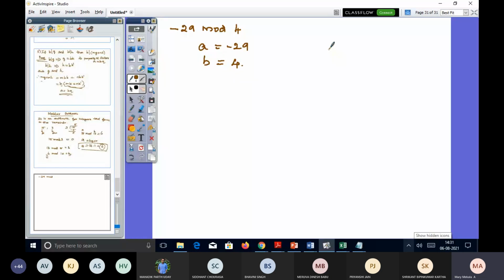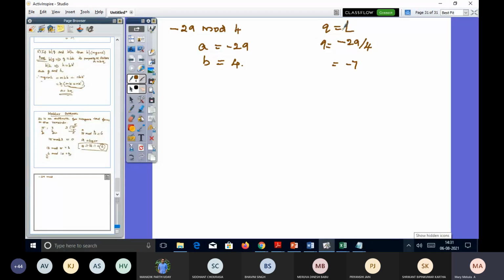So here, if I wanted to find out the quotient, I can find it as minus 29 by 4, isn't it? So when I find out the quotient for this one, you will get it as minus 7. So actually, the formula that is given. See, I am telling it fast because you have given the answer.